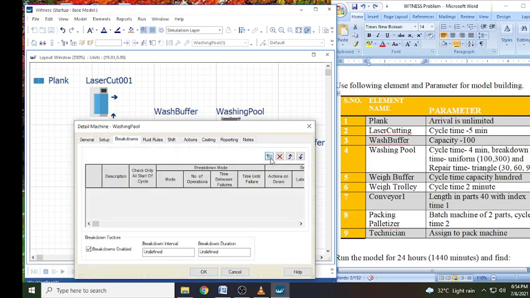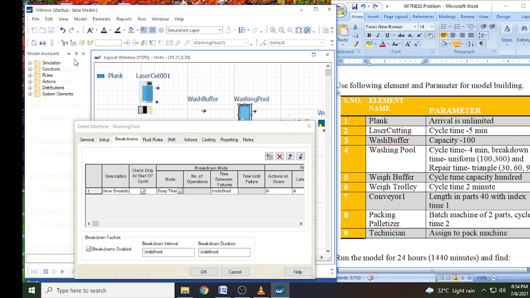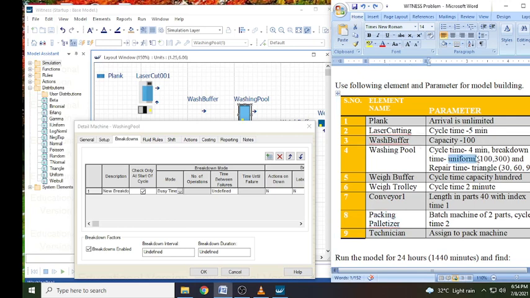Then breakdown time. Here we need to add a breakdown time from here. Then we will add a row here. Then mode, we will select this mode, busy time. Then we will get time between failure. We have to apply a uniform distribution here, and we will get it from here, this view model assistant. This distribution is here. So time between failure is showing what? Uniform.